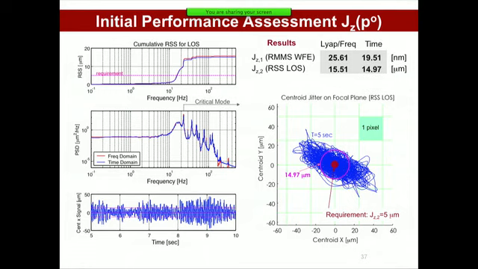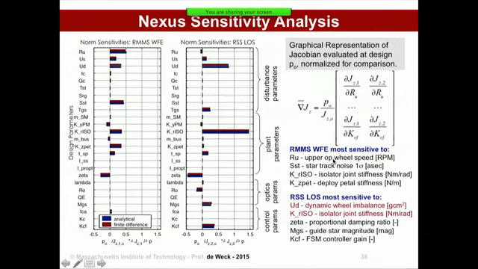So the blue fur ball here predicts that we would not meet the requirements. This is some initial design, some initial set of requirements. We need to find a way to get down to the, this is about 15 microns root mean square error, so it's about 3 times worse than what we need to achieve. And the requirement is we need to get down to 5 microns of pointing or jitter precision. So how do we do this?